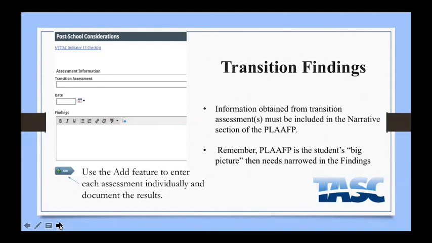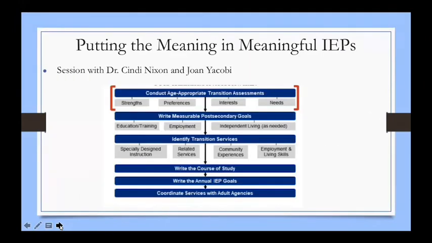So even if you use a formal assessment that may go across multiple domains, please use at least two. Please use at least two, maybe one formal and one informal. But the more assessments that we use, the more rich information that we will have on our students that inform that IEP. So if you look at the transition chart, we call this the transition flow chart,